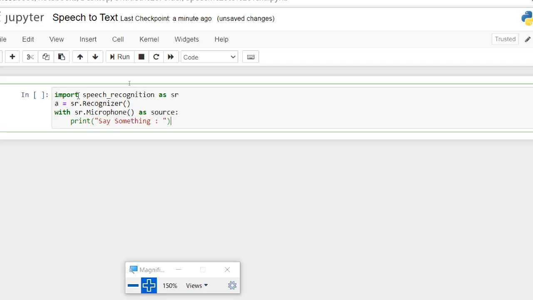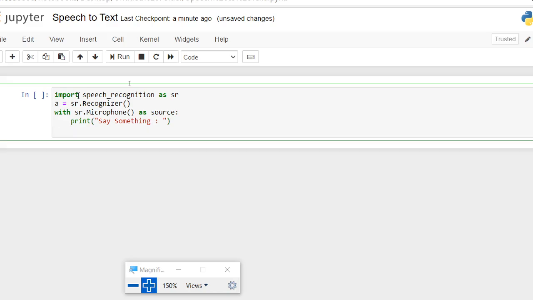Once we have this, let's take a new variable audio and say audio equals a, that is the recognizer, dot listen. Because we have given with SR.Microphone as source, we will place source here.